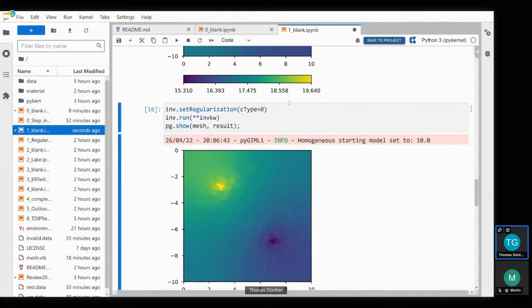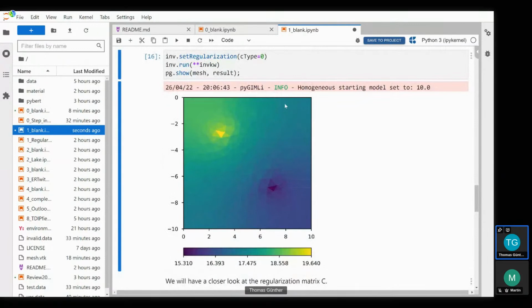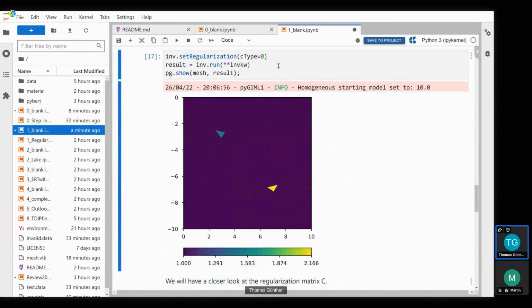If I'm using the constraint type 0, which is a pure damping of a model parameter, we see the model is throughout 1 everywhere, which is the logarithm of 1 is 0. So it's driving the model towards a 0 value. Because the starting model is only a starting model,